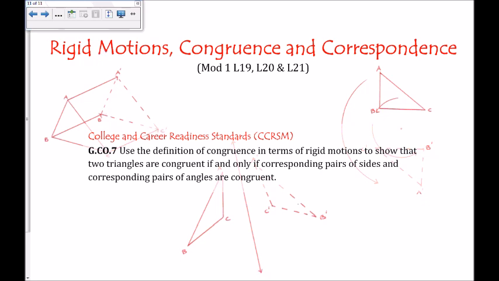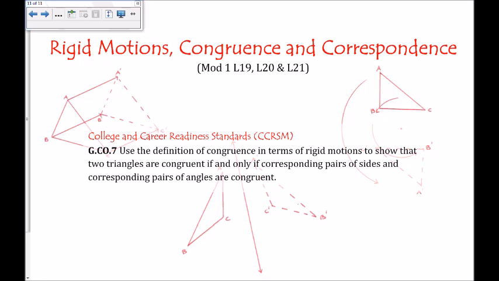Our next lesson is about rigid motions, congruence, and correspondence. And we will build on the ideas we've discussed recently about transformations and define congruence with more precision. In this lesson, we cover one CCRSM standard, and that is to use the definition of congruence in terms of rigid motions to show that two triangles are congruent if and only if corresponding pairs of sides and corresponding pairs